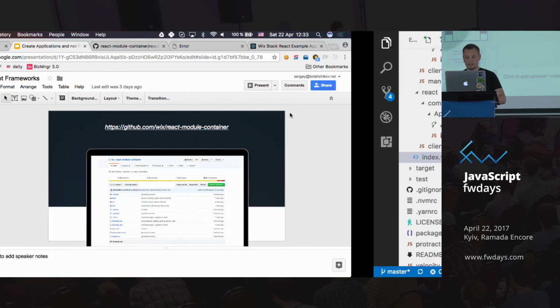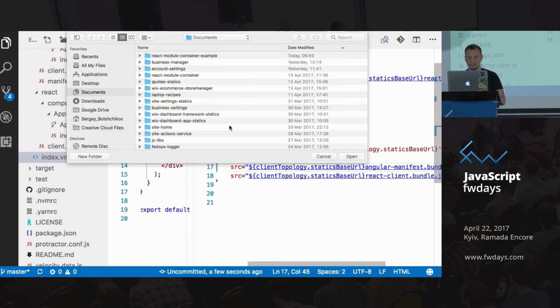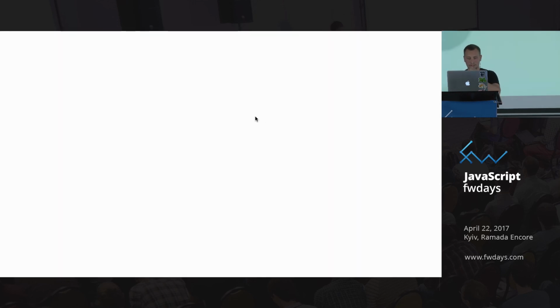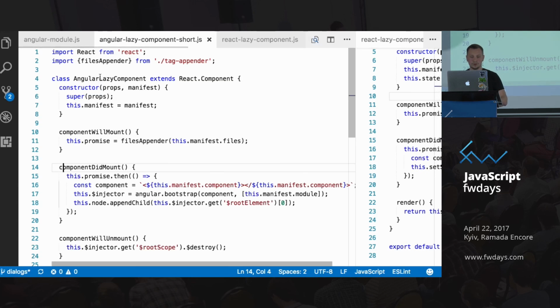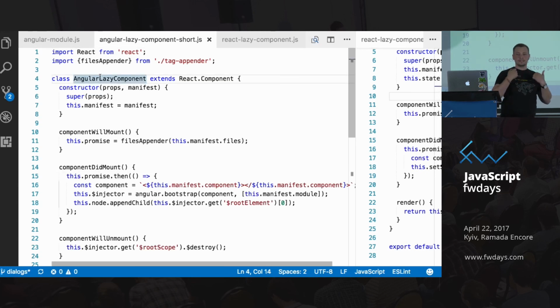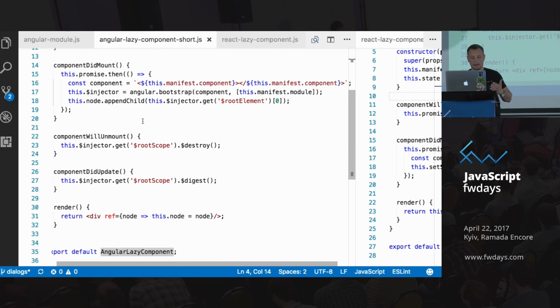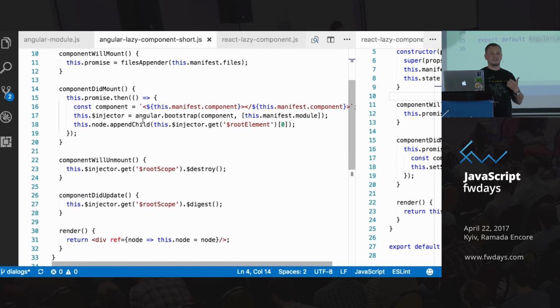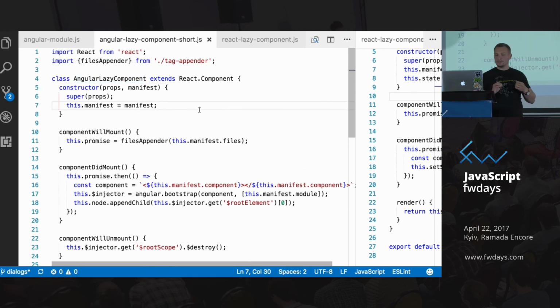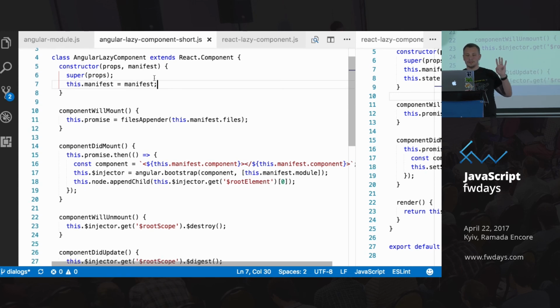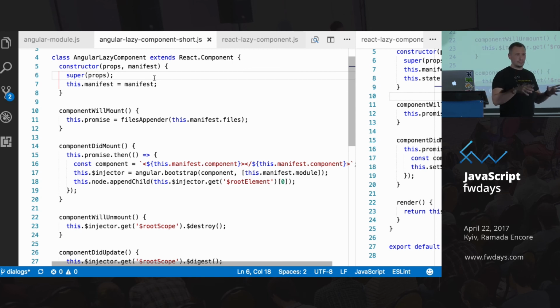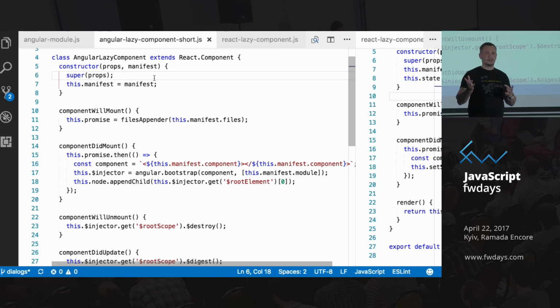So what I wanted to do is dive into the code of this library and show you the Angular lazy component that I extended from, and show you how 35 lines of code enable that awesomeness. So let's see what happens here. You remember I called super and passed some object, which we called manifest, that specifies my files, my module and container. For those of you who are not familiar with React lifecycle hooks, basically